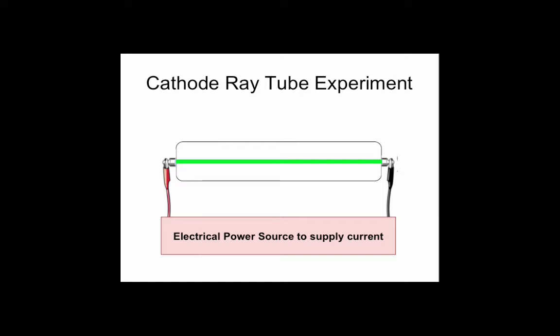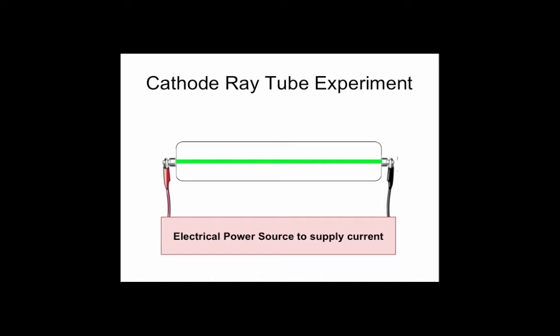the cathode ray tube. Now, in old-fashioned televisions, we actually used to use these cathode ray tubes to light up the screen. So scientists experimented a little bit with this surprising phenomenon of having this ray be seen when you turn on the electrical power source. One of the experiments was having a magnet